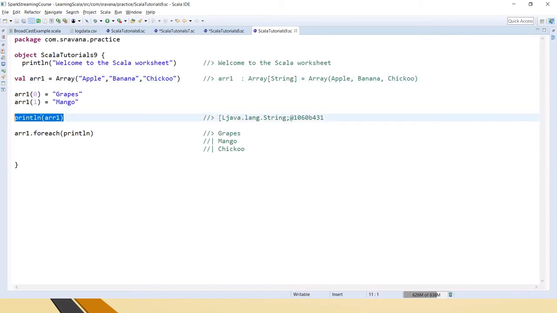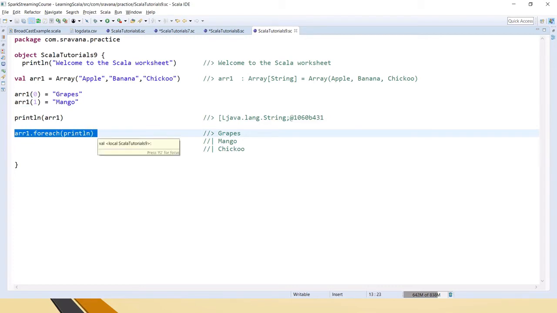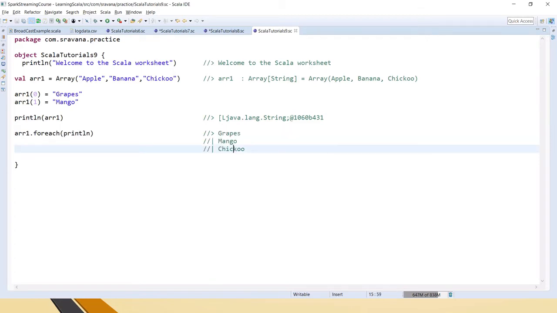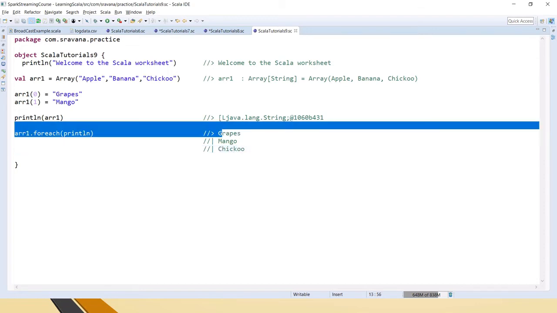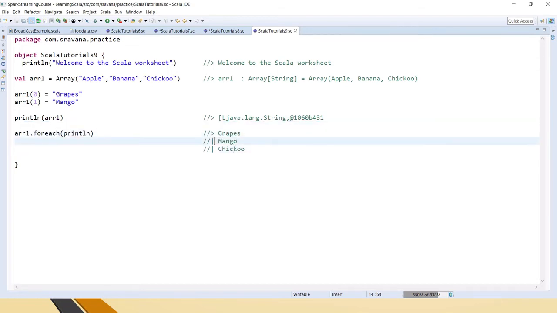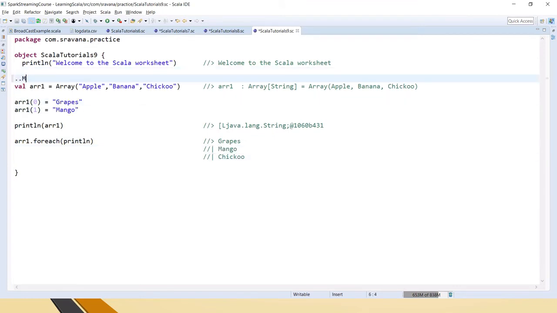When we print the array directly, it prints junk values, so we cannot access the array directly and have to use foreach println. This works for most arrays and lists, even for RDDs, and you get the output like this. If you see here, apple and banana are gone and replaced with whatever we assigned, which means arrays are mutable.